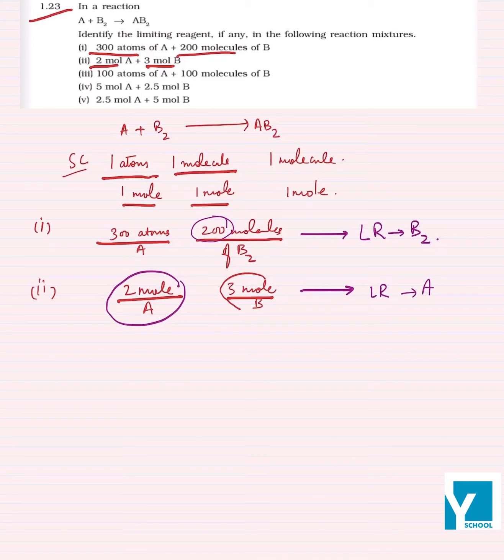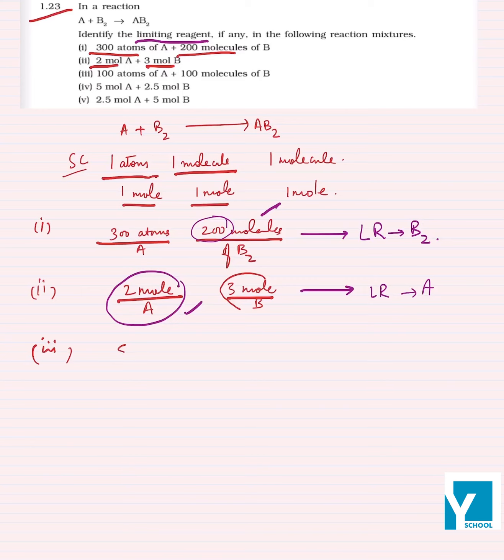First of all you should know what is limiting reagent. Limiting reagent is that reactant which gets completely consumed during the reaction, right? So in this second part A is getting completely consumed, and in the first B is getting completely consumed, and the other one is in excess. Next in third part